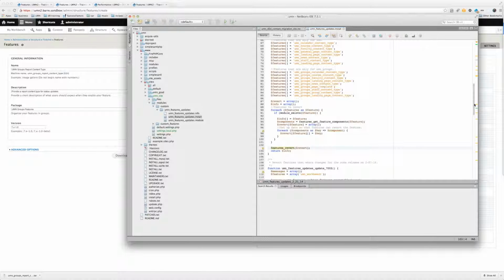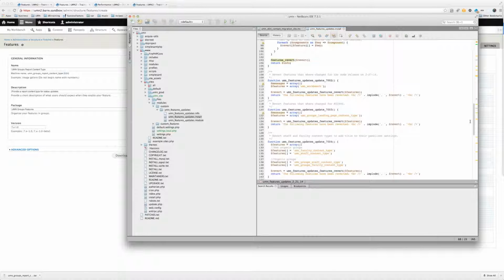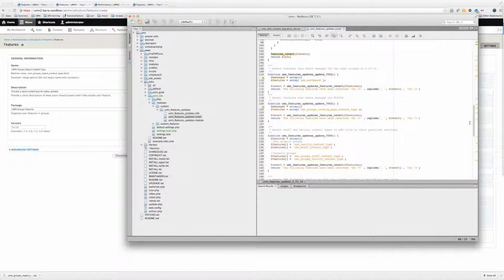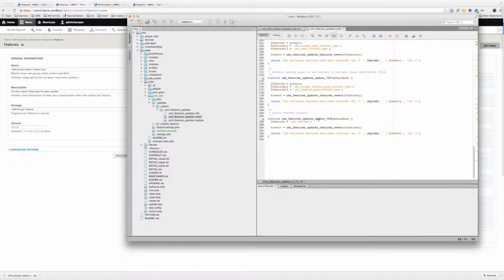I think most of the time we were reverting existing features. So we use revert when we're actually taking a feature that we've changed in the code and saying we want to apply this to an existing site. So there's a function that features provides called features_revert, and you pass in an array of feature components that you'd like to revert back to the state that's in the code. So revert is always talking about things that had been changed in the user interface,